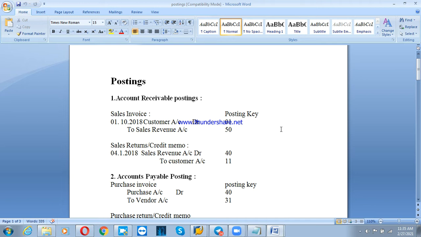Without postings I cannot generate any kind of report, so that's the reason posting is very important, and for the postings the configuration is very important. Now we are going to check the configuration with the help of posting. In SAP F5 we have 4 types of postings. Number 1, account receivable posting, where we sell our product to my customer, and the accounting entry